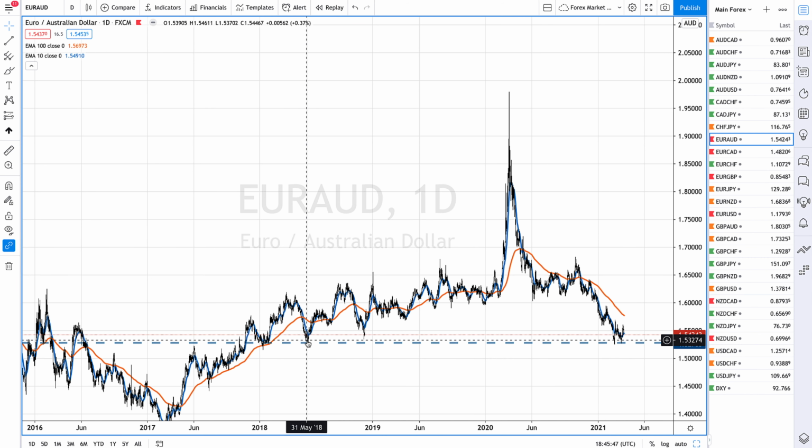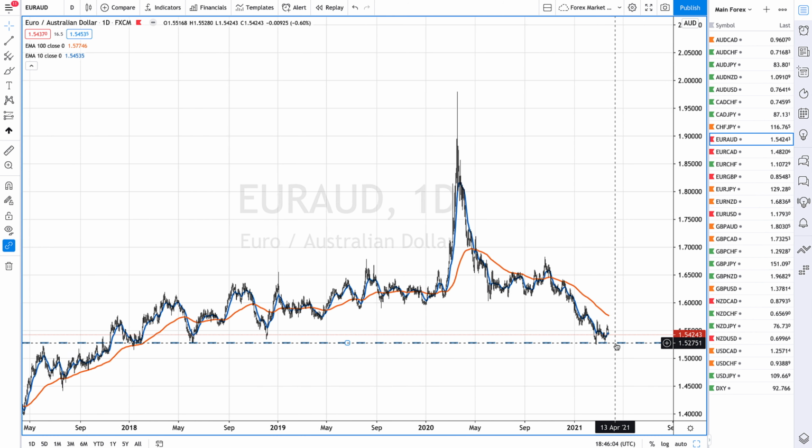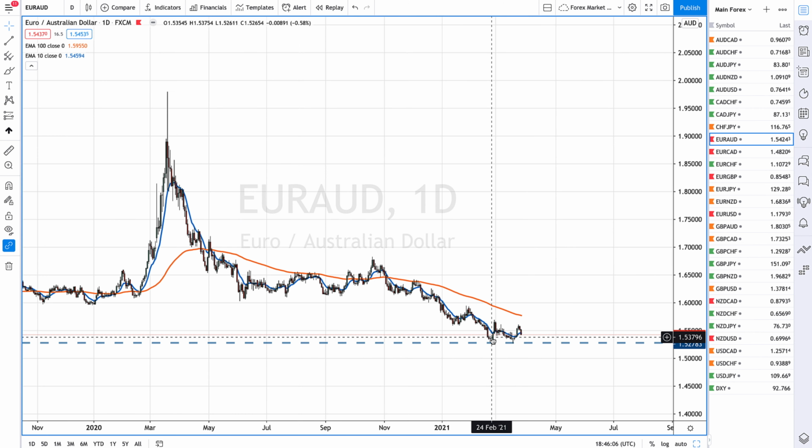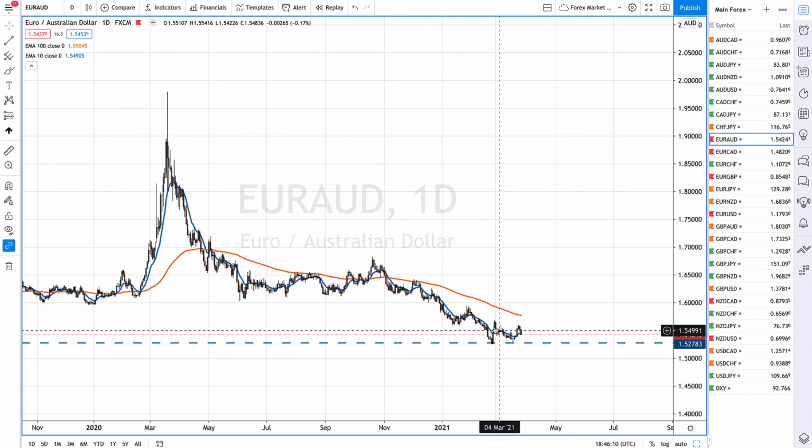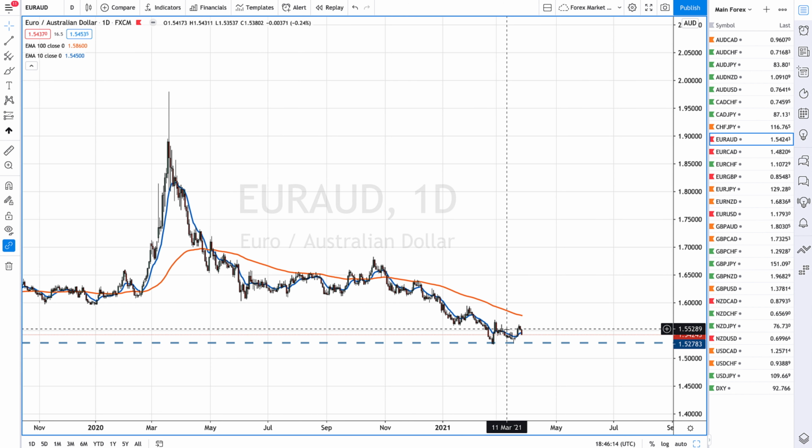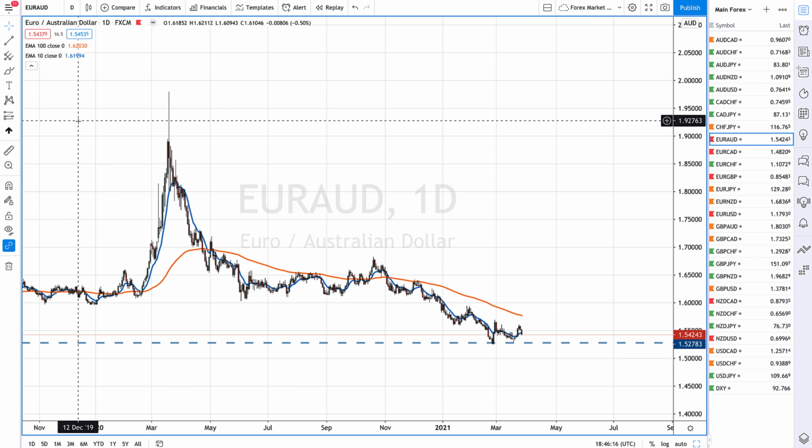So this support level back here on the 31st of May, 5th of June, in 2018, a couple of years ago now, we can see that provided a big support level. Then again at the end of 2018, going into December, support again. And when the market dropped down to that level on the 23rd, 24th, 25th of February this year, it then bounced from it again. Now, we believe that the markets will go lower, so we'll see more Australian dollar strength,